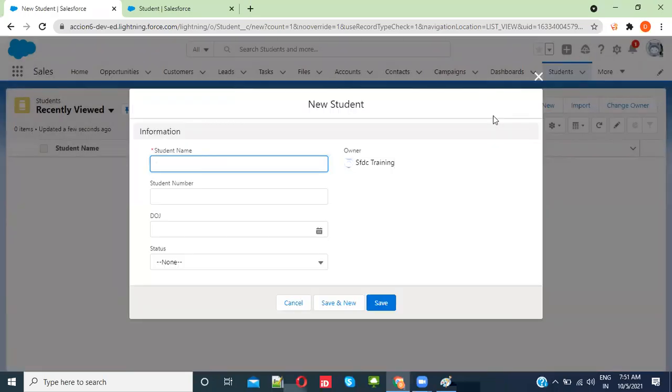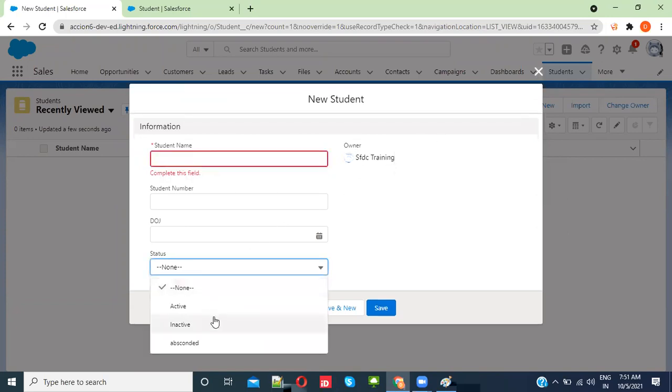Without a course, where will the student be? A student cannot exist without training or without the course name, right? For that, we have to give a link here. Why? Because we could create the course as a pick list, like Salesforce, Java, .NET, but that won't give the proper information if you want to see the course details.